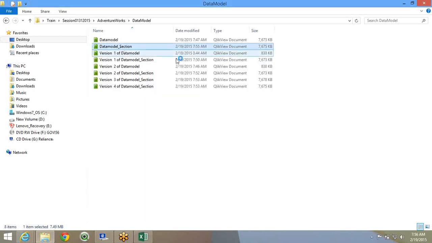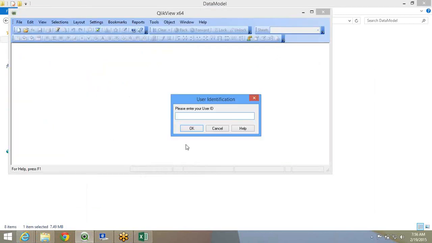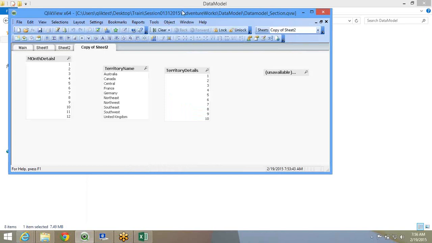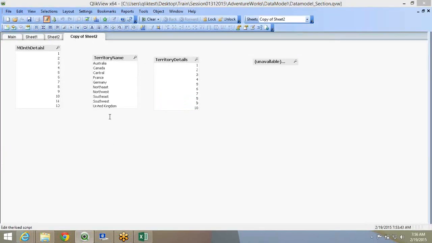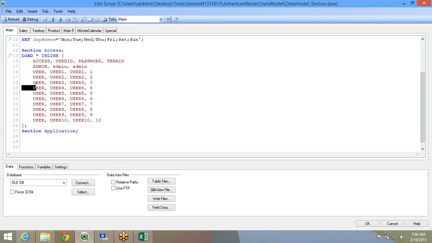Whenever you want to edit this file, edit the section access part of it, you'll have to log in as an admin, right, and then update it. The next question is, what if a user has access to 2 territories? It's the same logic, so update the records 2 times. Territory 4. Suppose user 4, user 3, maybe I'll give a couple more access. Territory 9, and